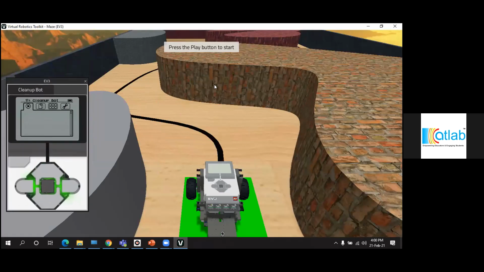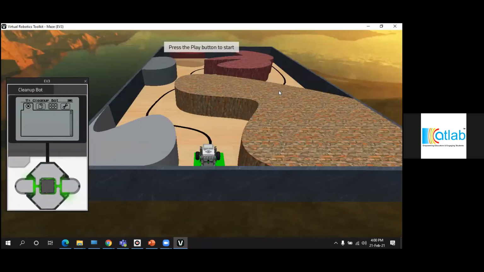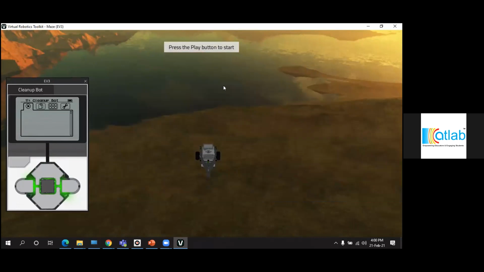Yes. So this mat is different from our competition mat, so we don't need this. If you click the mat and then press the delete button on your keyboard, the mat is gone. Okay. But now how will you add a mat? We'll be needing a new competition mat, right?